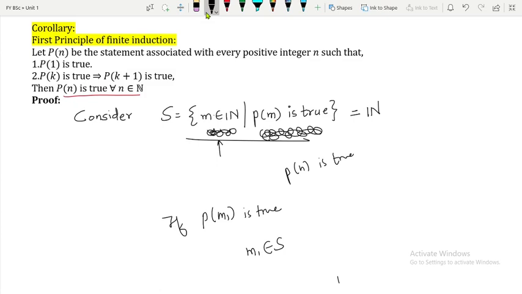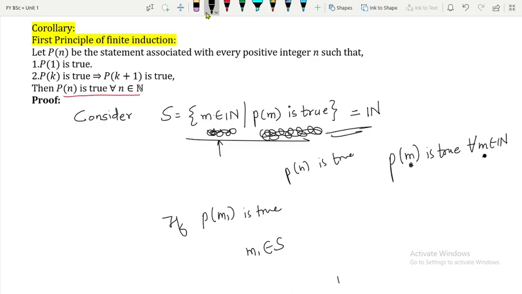So in order to use the last theorem, what I am supposed to do is, since I am going to prove S is equal to N, once I prove S is equal to N, what will it mean? That this P of m will be true for whom? For all natural numbers n, and that is what we have to prove. Right? P of n is true for all natural numbers n. Only here I am using the notation m, but notation doesn't matter since it is true for all natural numbers n.